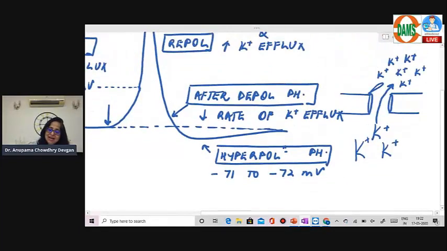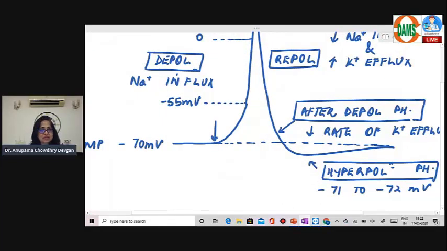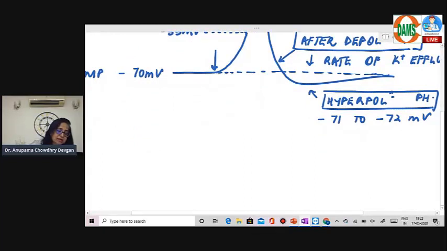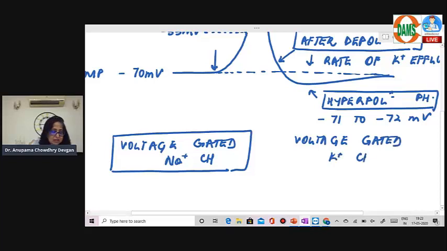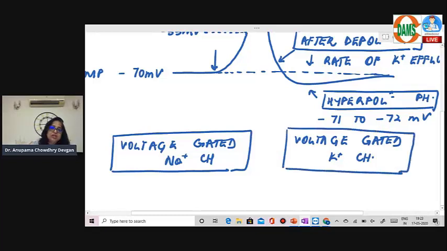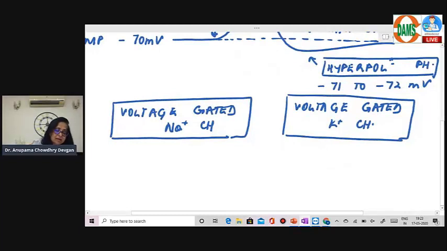Now, to understand the depolarization and the repolarization phases, I will discuss the differences between sodium channels and potassium channels. Let us try and understand the differences between the voltage-gated sodium channels and the voltage-gated potassium channels. The first important difference between voltage-gated sodium and potassium channels, these are